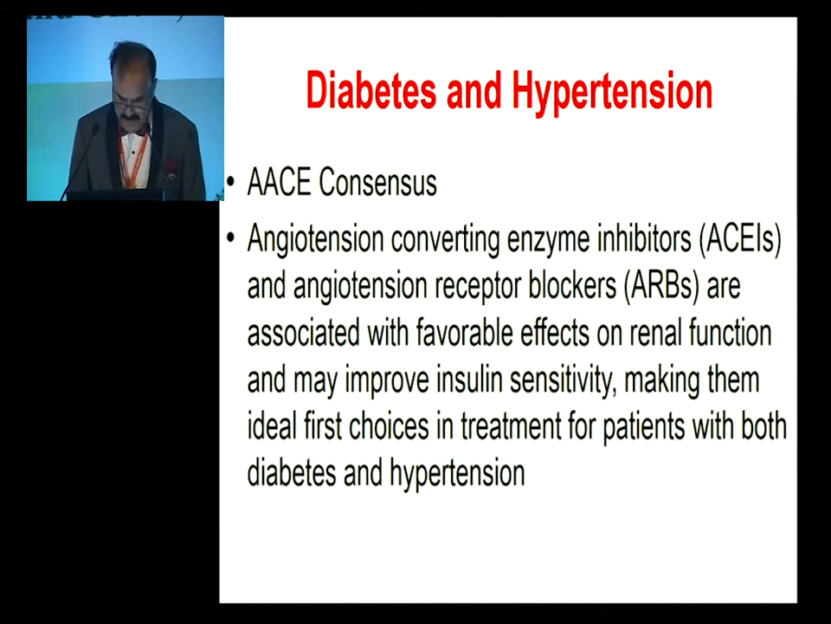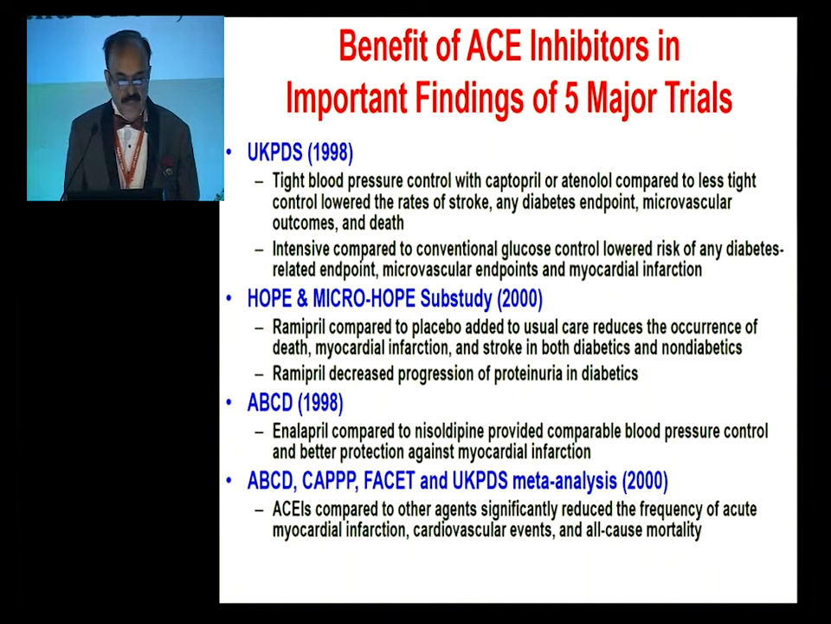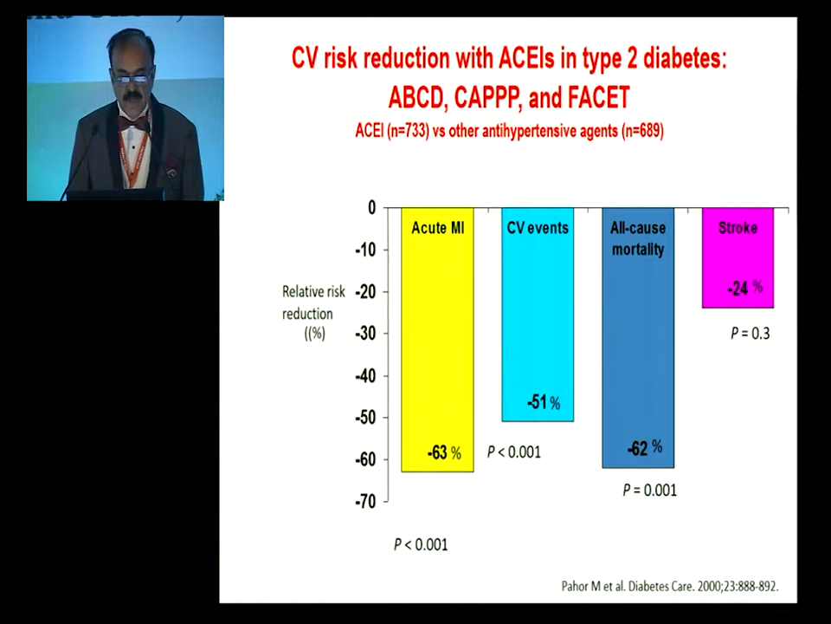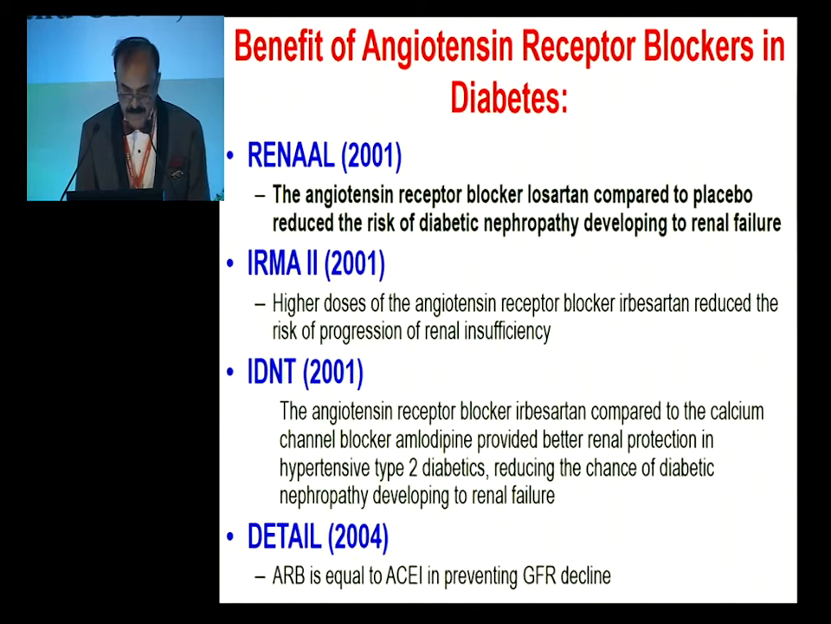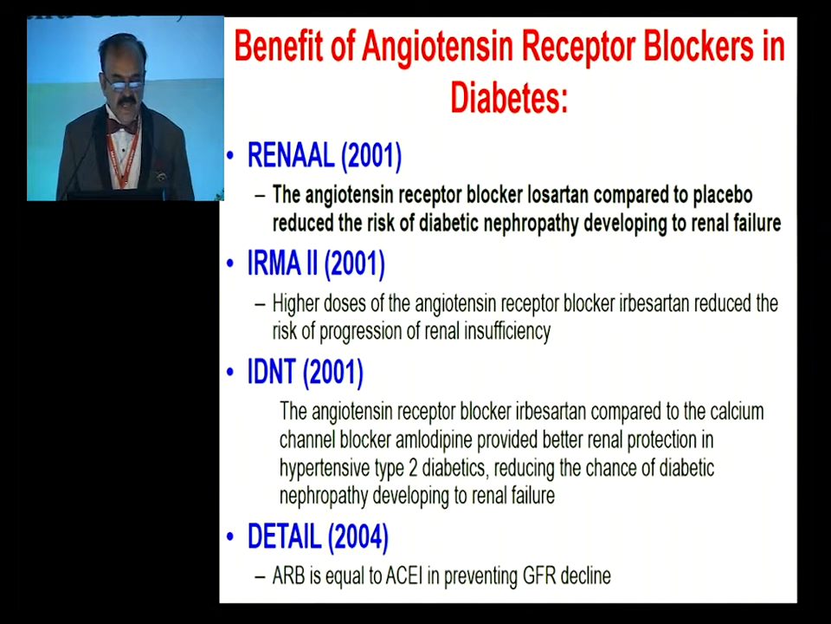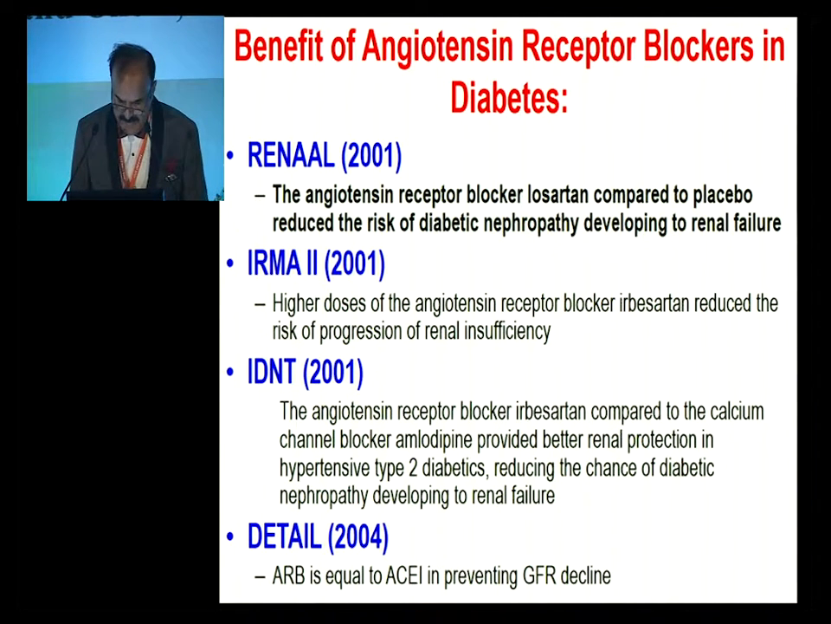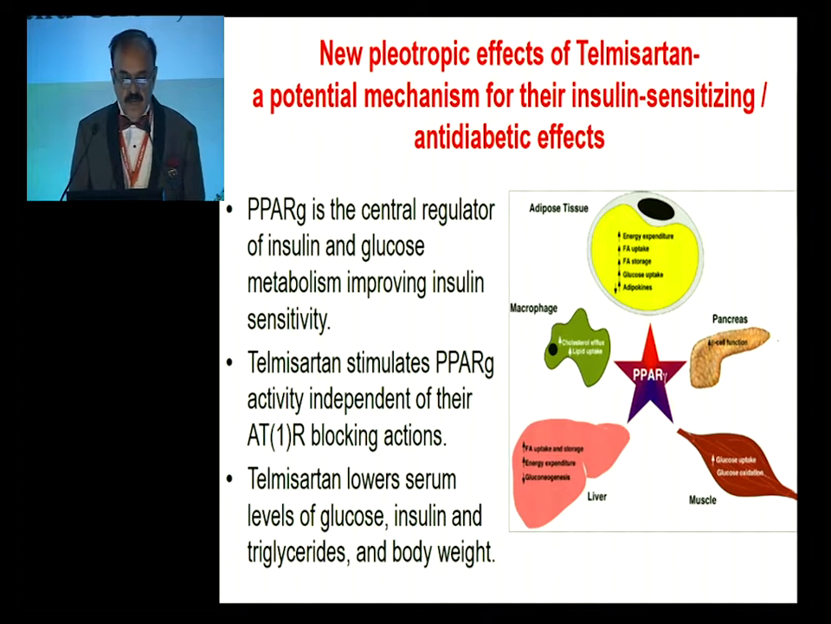making them the ideal first choice in treatment. Of course, the UKPDS trial, HOPE trial, ABCD trial all prove that ACE inhibitor is better, and these are the benefits and reductions of cardiovascular events. And why is ACE inhibitor better? It improves insulin sensitivity, reverses LVH, produces cardioprotection, renal protection, and prevents future diabetes. And the ARB trials are RENAAL trial, IDNT trial, DETAIL trial. All these trials prove that ARB is also a good drug, and telmisartan is a PPAR gamma stimulator, so it is